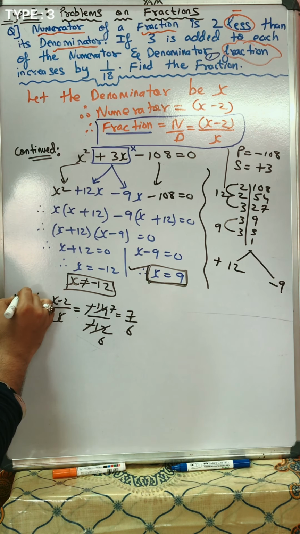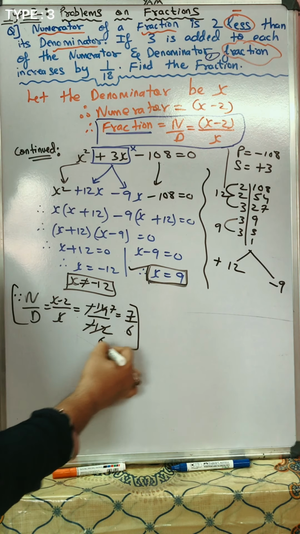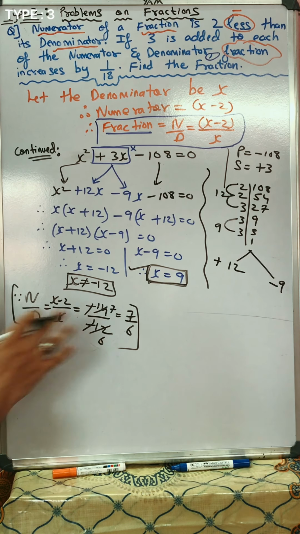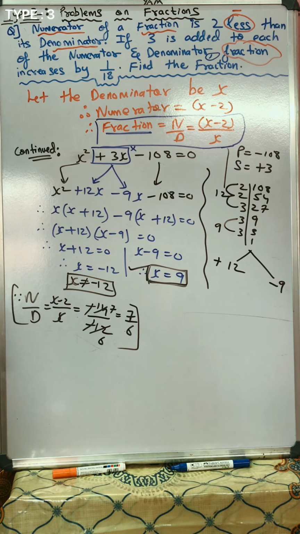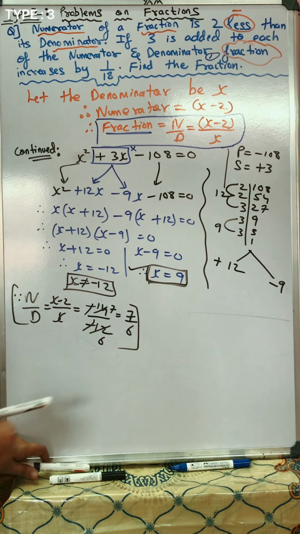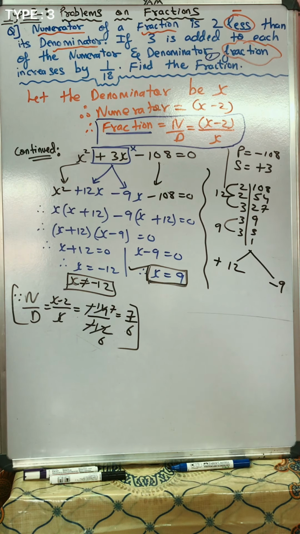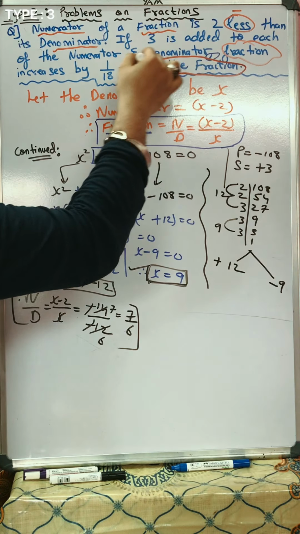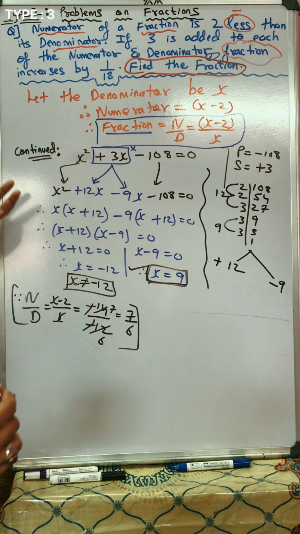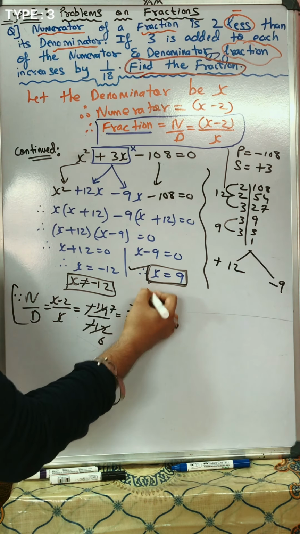So I will say this is the reason. You can just give it in the box because this is the reason. Okay, so we'll take x is equal to 9. So students, now you tell me, is this my final answer, that x is equal to 9? No, of course it's not my final answer. Why? Because see, the question they have asked, find the fraction. If you don't find the fraction, 1 mark will be deducted. So now let's find the fraction.